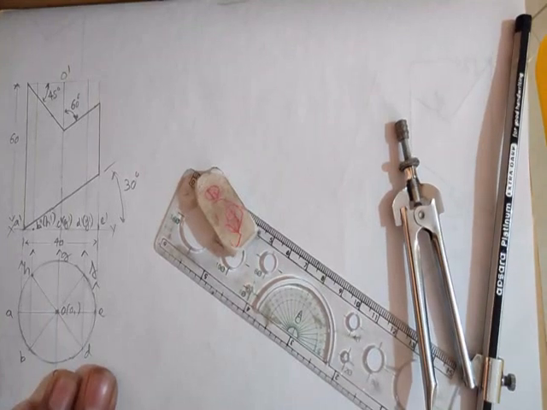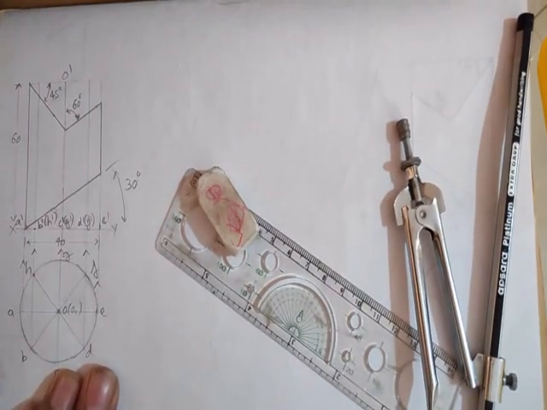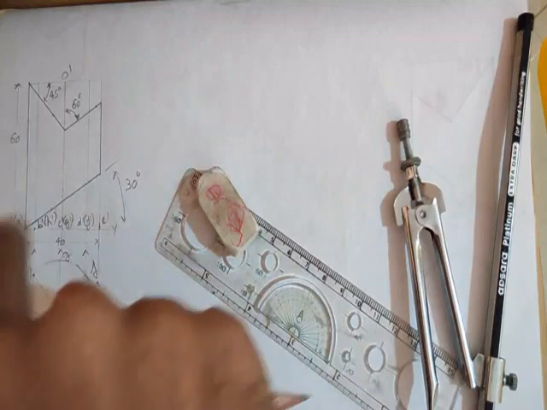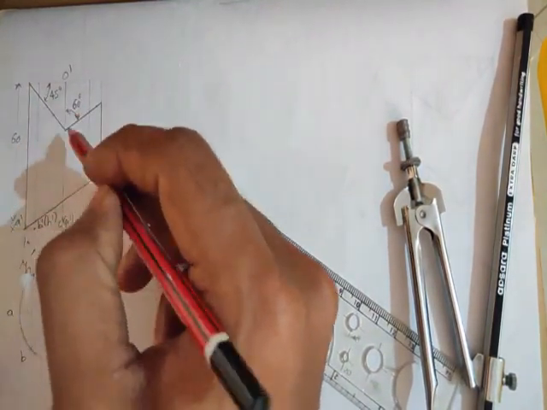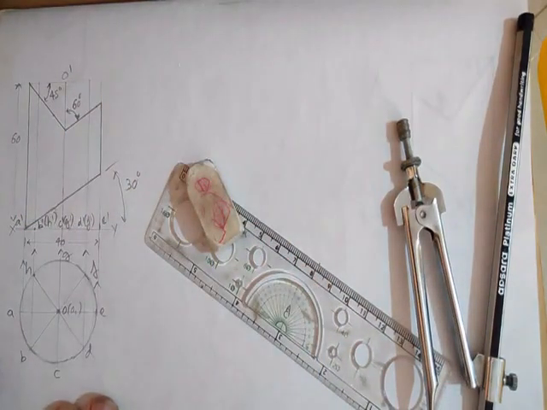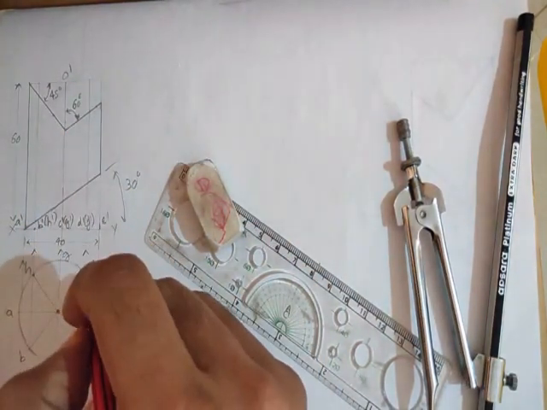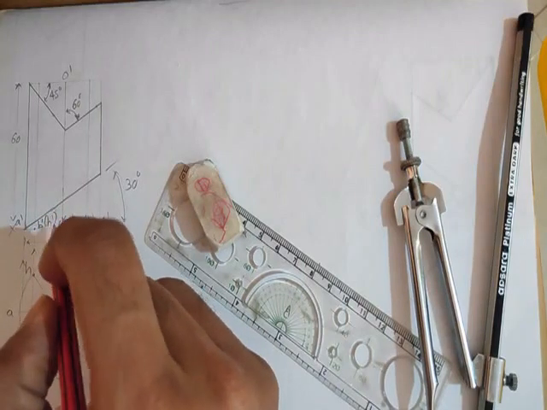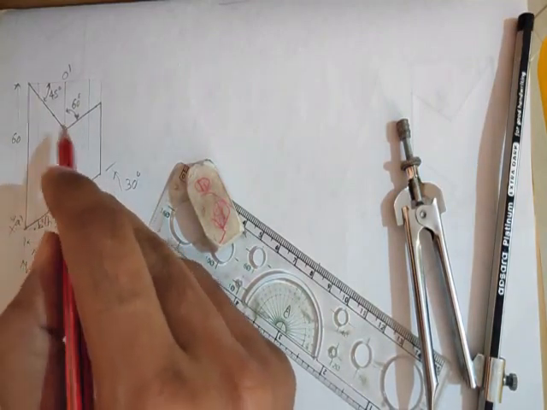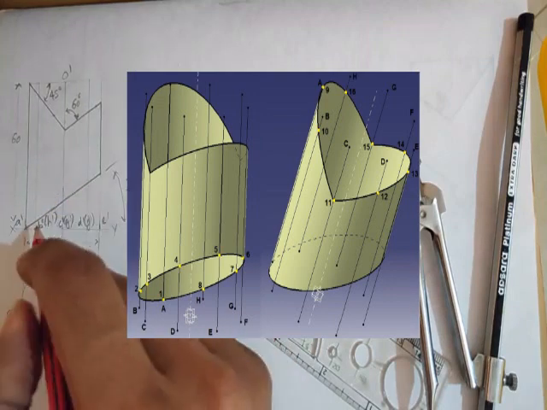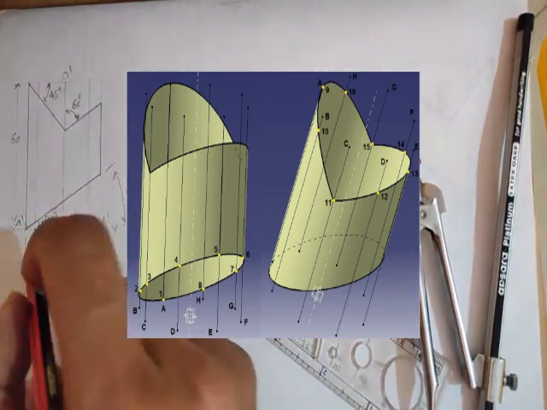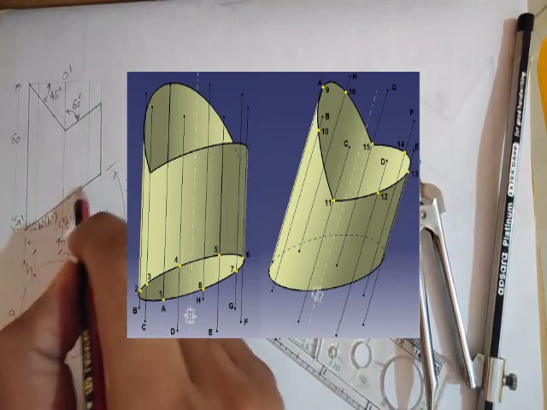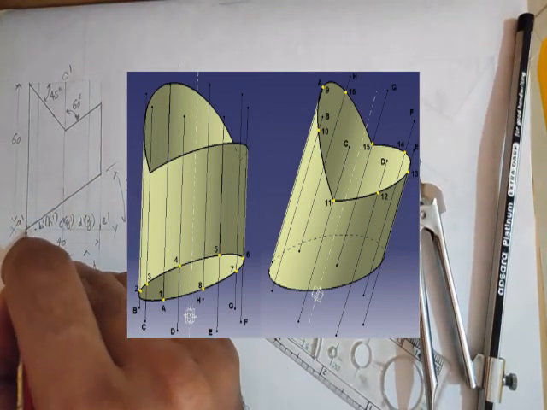So you have all these generators here. All these vertical lines indicate all these 8 generators. Now you need to find out one by one the intersection points with each of these 3 cutting planes or section planes. So now we are going to locate the intersection points. I'm going to start with this first cutting plane inclined at 30 degrees.